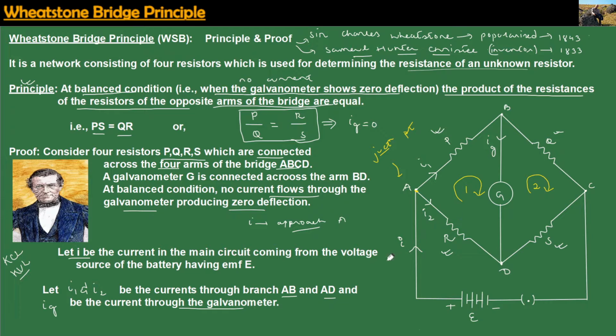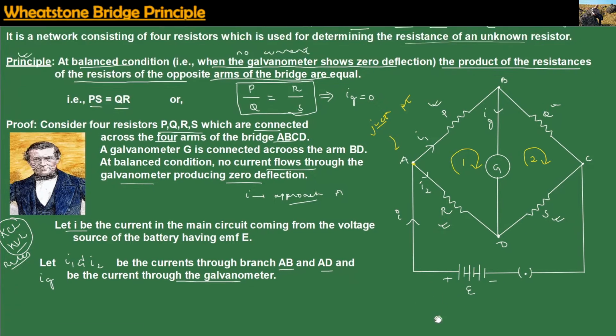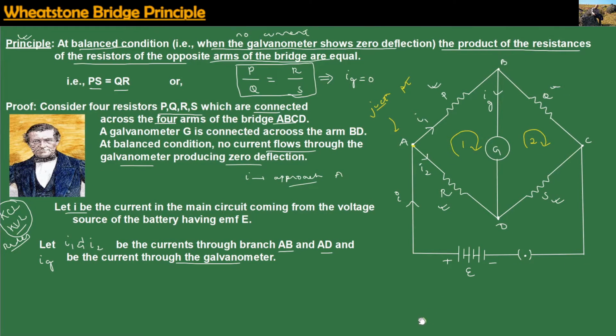Now when you look at this diagram, when we apply Kirchhoff's current law and Kirchhoff's voltage law, you have to remember certain rules or conventions in order to find the voltage drop. So let us recall some of the rules and conventions of Kirchhoff's current law and Kirchhoff's voltage law. If we consider this loop E, B, D, A, and take point A as the junction point,